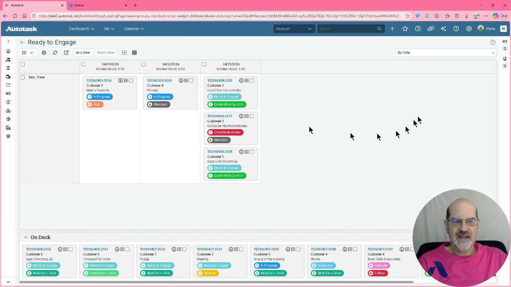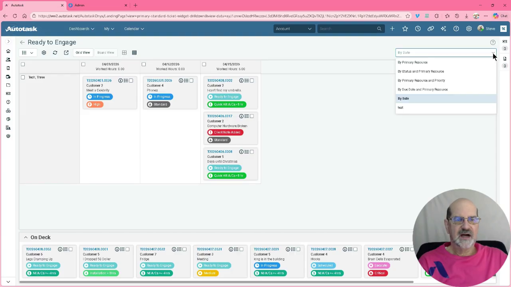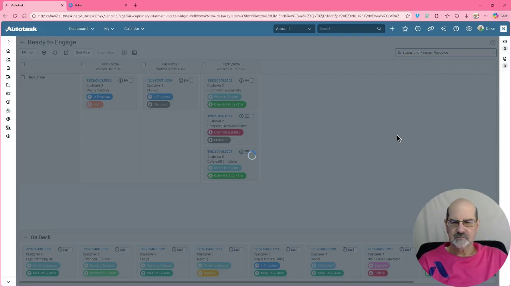Now I haven't figured out how to set my favorite board view. You have these different views. Status and primary resource is my preferred board, but you can customize them, and I'll show you in a minute how to customize them. But go to status,